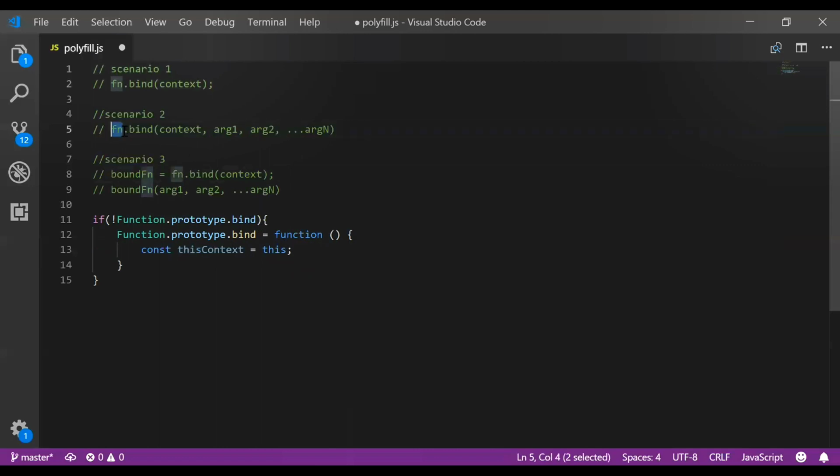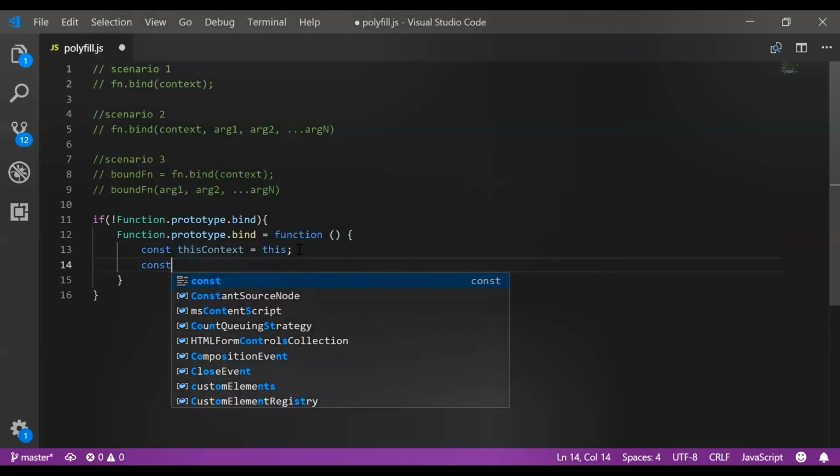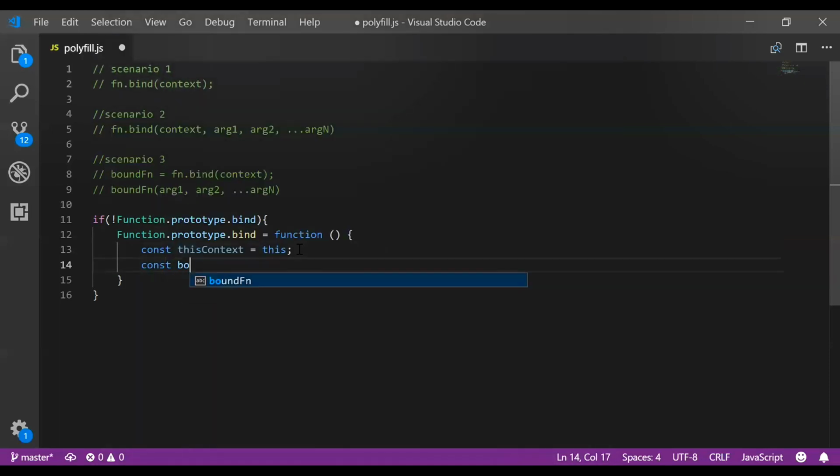Next, we will bind the context. We are taking the bound context. For this we use arguments. You all know that whatever arguments we pass to the function will be held inside the arguments array.